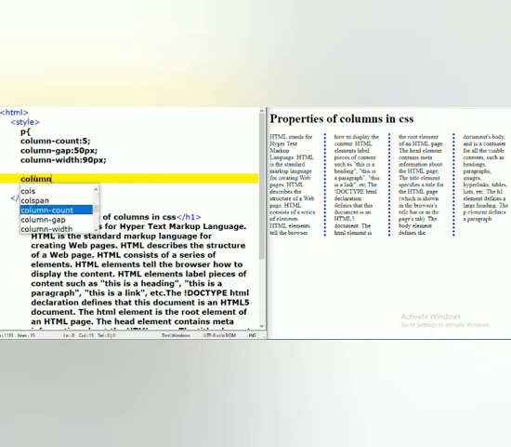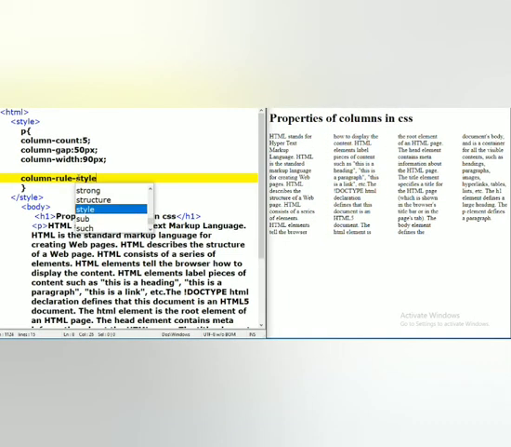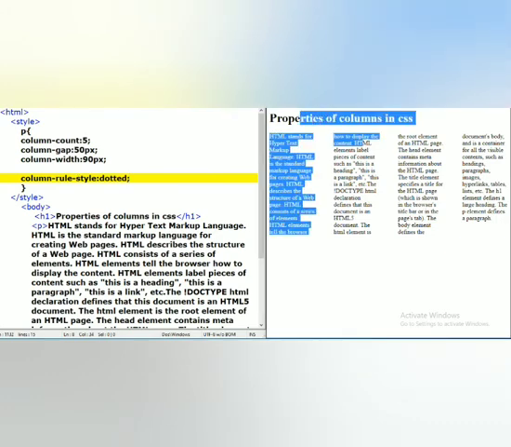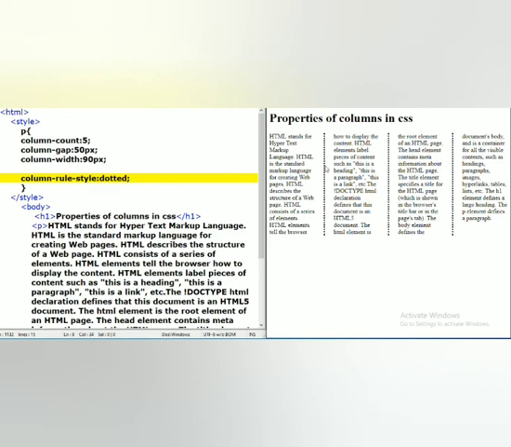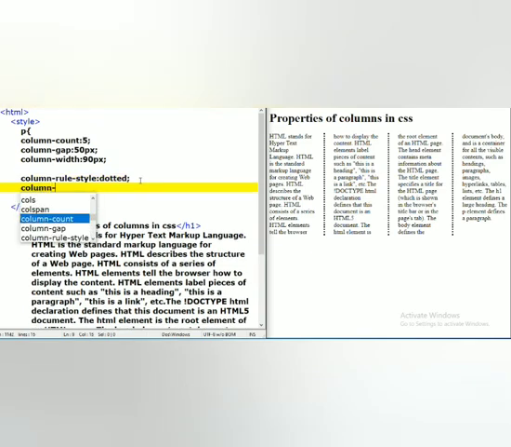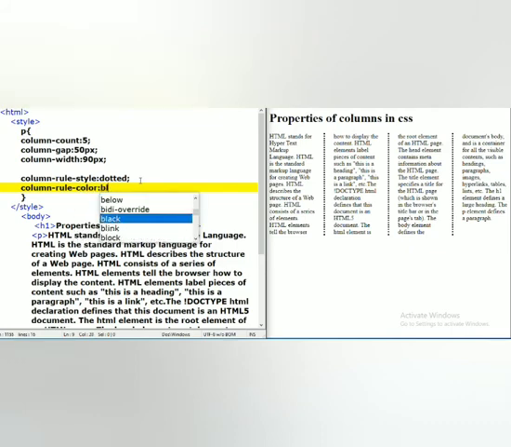You can use column-rule-style, whatever style you want for that line in between; we can declare it here. I'm declaring dotted. So I'm saving and refreshing. You can observe here. If you do not declare the color and width, the default color and width will be applied to the rule. Here I'm not declaring any color, so it is displayed in black. If you want to declare colors, we can use the column-rule-color property, and declare the name of the color here.